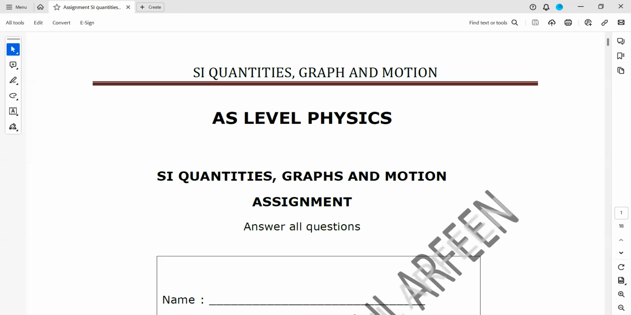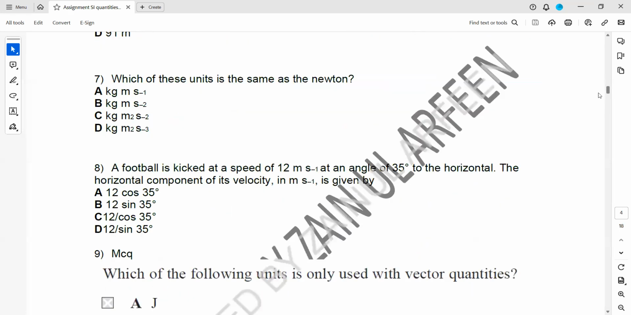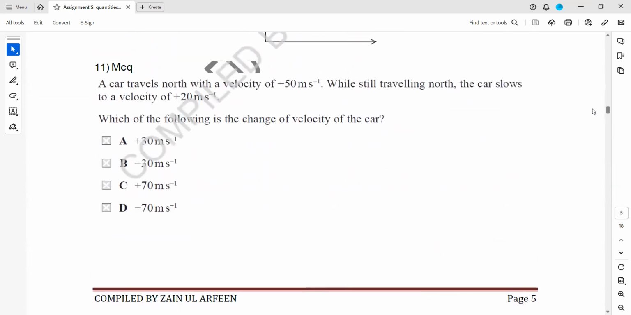So, SI quantities, graphs and motion. This exercise is related to physical quantities, graphs, and explaining motion. The first 10 questions are already done, so I'll start with question 11. In question 11,